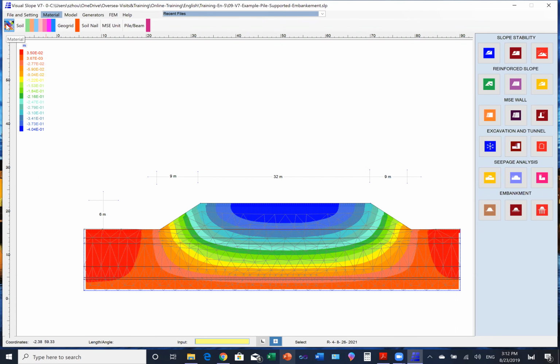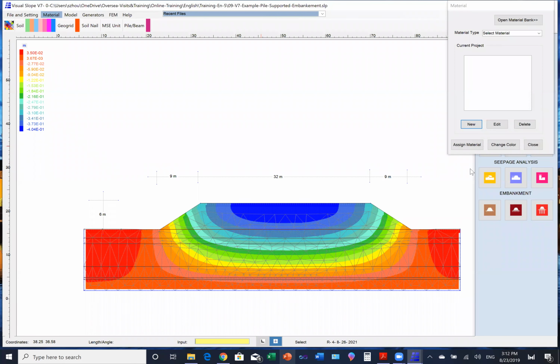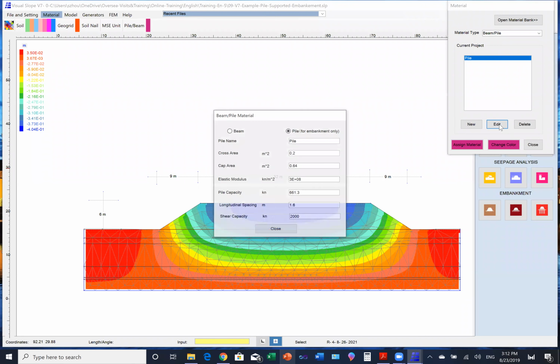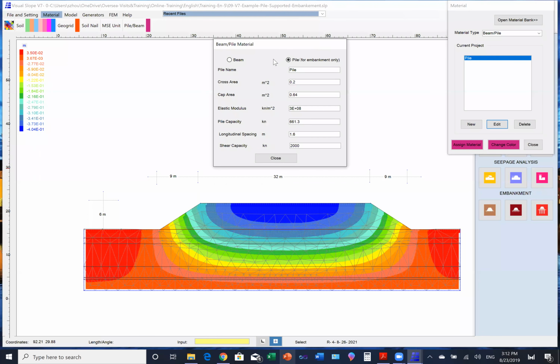We already discussed the soil property. We also discussed our geosynthetic property in the last course, but this one we take a look at the piles. Then when you set this up, you have two options: one as a beam,